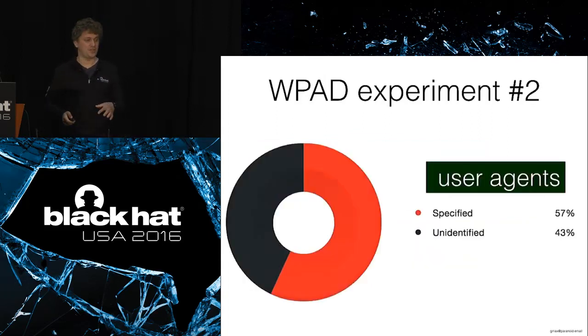And user agents are also a big thing, but I think I will go a bit faster here. We don't see user agents all the time. About 40% of user agents are just empty, so I cannot really predict from what software or hardware the request is coming. That can be IoT devices, it can be everything, self-driving cars or whatever. So we cannot tell, and this is a big problem here. We can see only about 60% of the traffic.